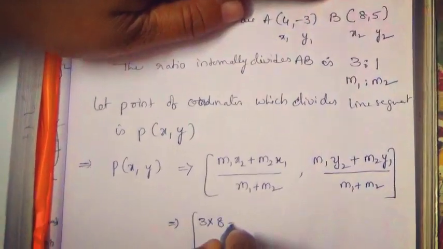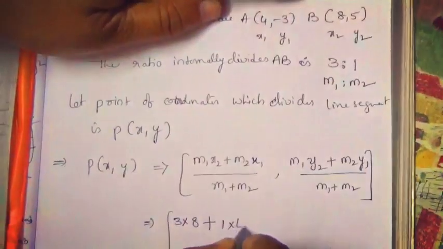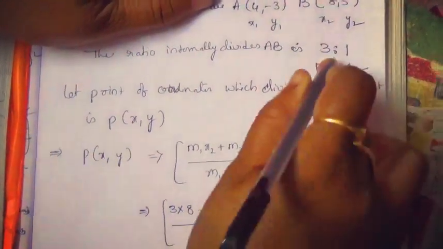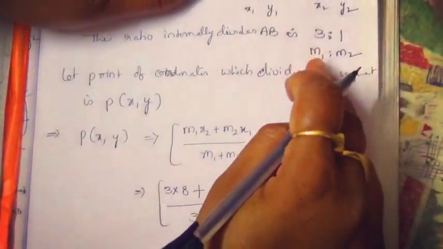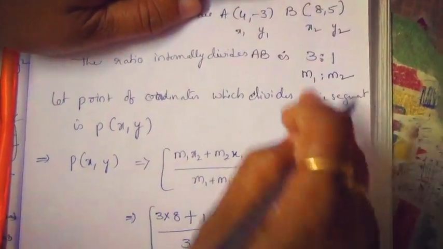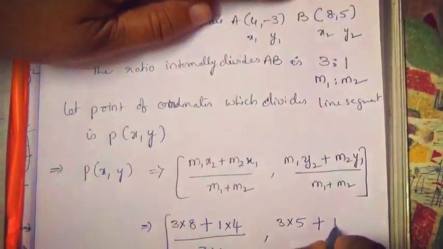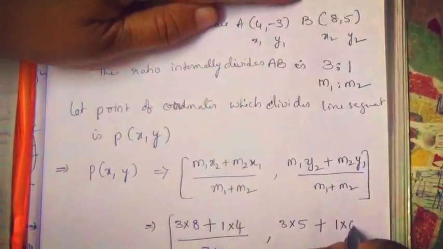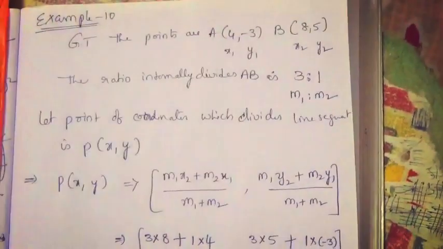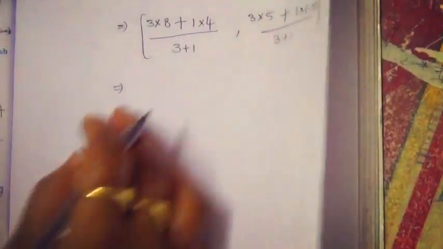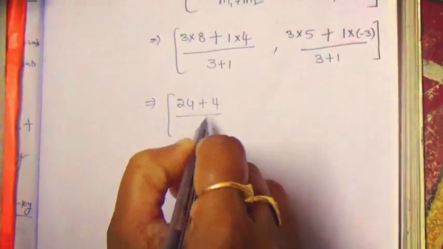8 plus m2, 1 into x1, 4 by m1 plus m2 means 3 plus 1, m1 3 into y2 means 5 plus m2 1 into -3 by 3 plus, that implies 8 3s 24 plus 4 by 4,